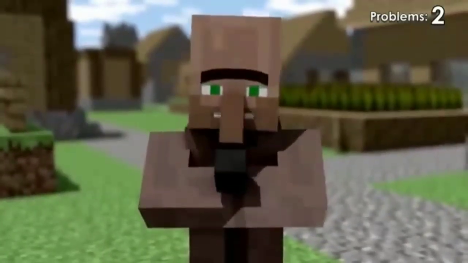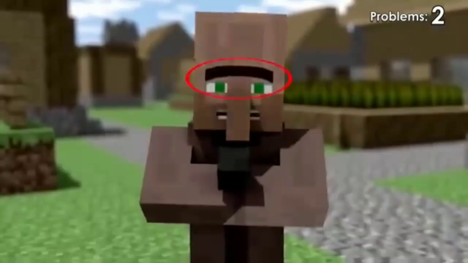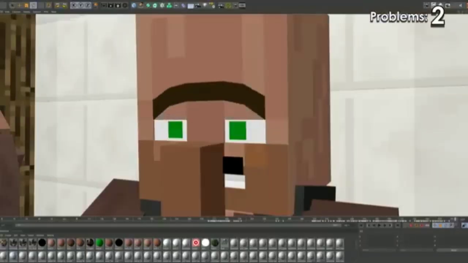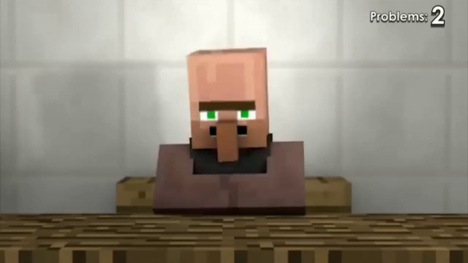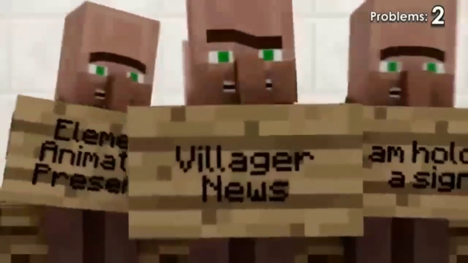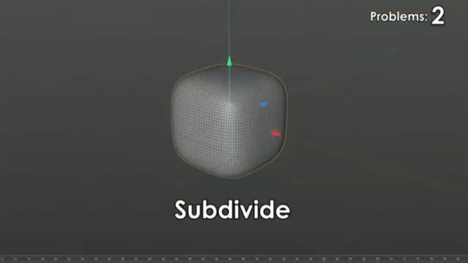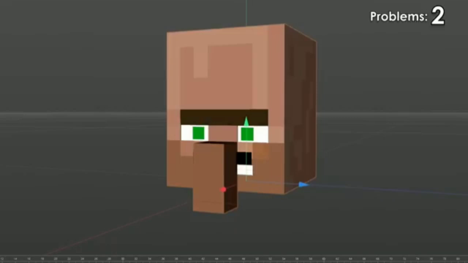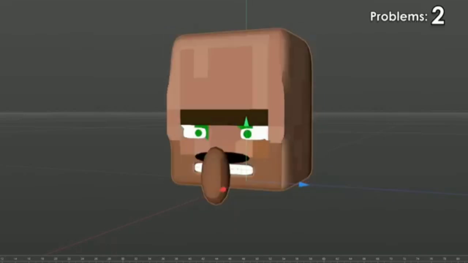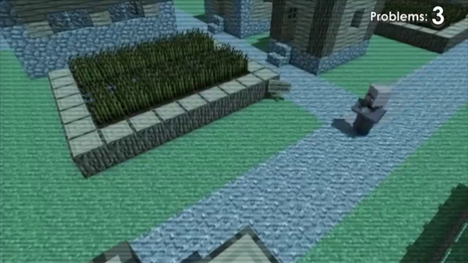Now I know we weren't going to talk about stylistic stuff, but those low poly geometric eyebrows used to bug me so much. Not enough to do anything about it for like 2 years, but those eyebrows needed smoothing out. And usually when you want to smooth something out in 3D, you subdivide it. But you try doing that to a villager head and yeah, there's definitely some extra steps. It was just a normal day in the village.